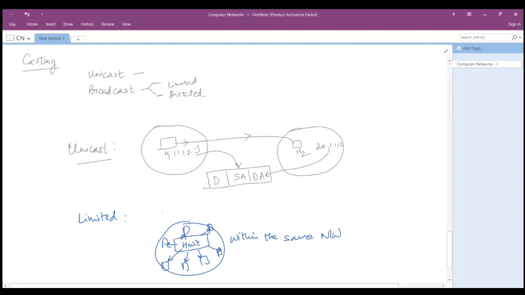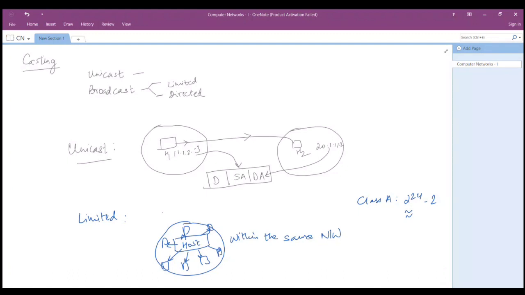Now, why do we require broadcast? Why can't we go ahead with unicast? What is broadcast? There are a lot of unicasts, you combine them, and it's a broadcast. If we talk again about class A, we had around 2 to the power 24 minus 2 hosts, which is nearly 16 million hosts, something like this.